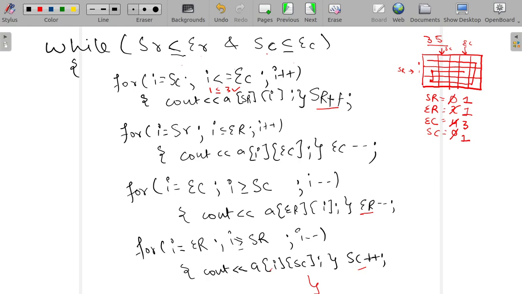So let's see if this loop will work or not, right? So the condition for this loop is it is putting the value of SR into I. What is the value of SR? We'll see, yeah, SR is 1, right? So I will be 1. And what's the value of ER? ER is 1, right? ER is also 1. Yeah, so you can see that